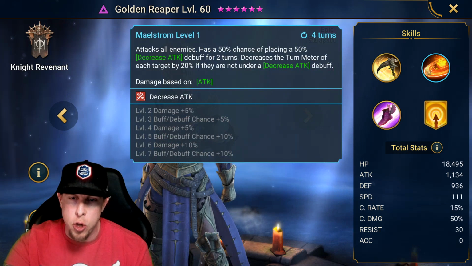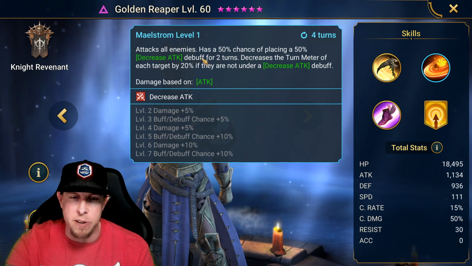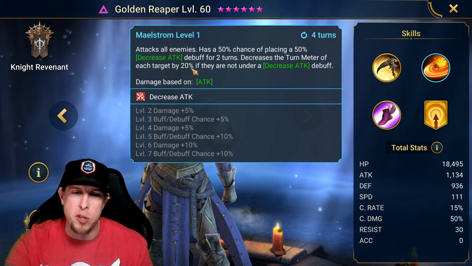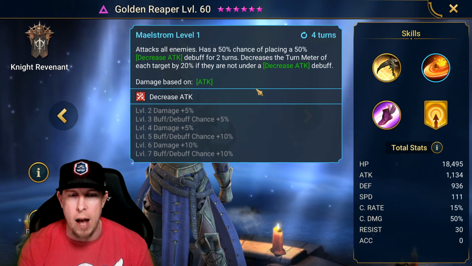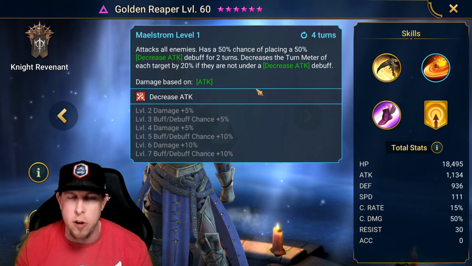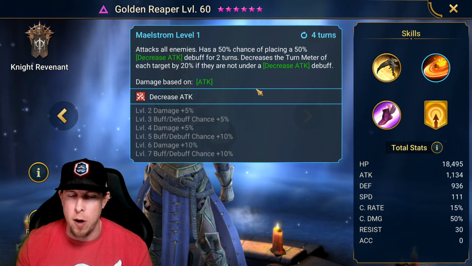Now on the A2, this is why I wouldn't book her, right? Attacks all enemies. Has a 50% chance of placing a decreased attack debuff for 2 turns. Decreases the turn meter of each target by 20% if they are not under a decreased attack debuff. So if you're using her for Clan Boss, yes, fully book her out because you're going to be relying on her as maybe your secondary, not your main decreased attack champion on your team. On a 4-turn cooldown, it's just too long. But if you're using her anywhere else,